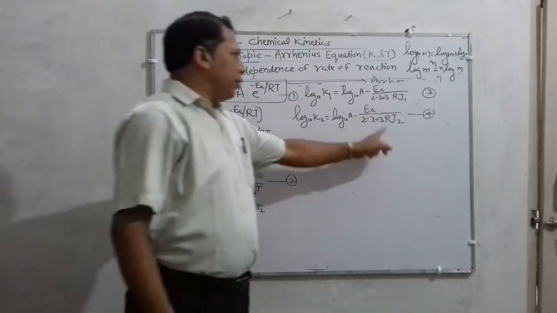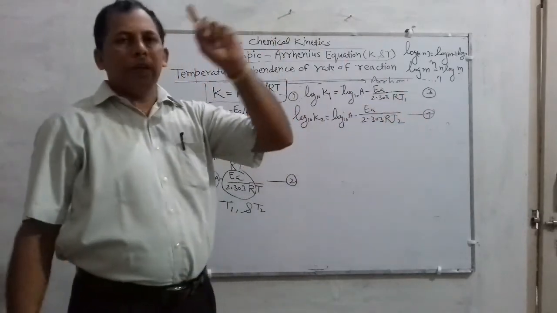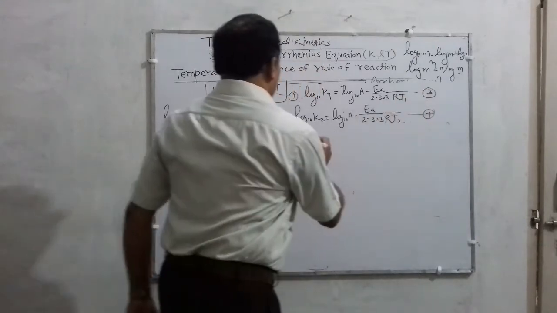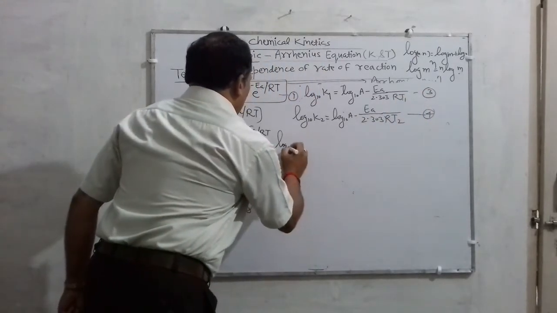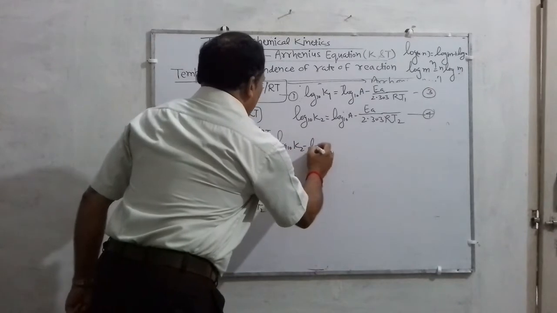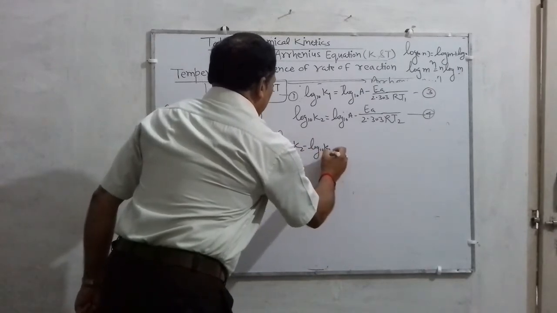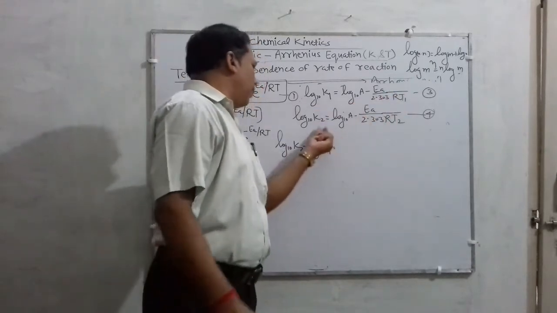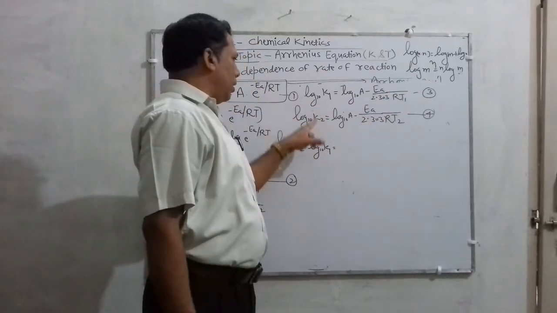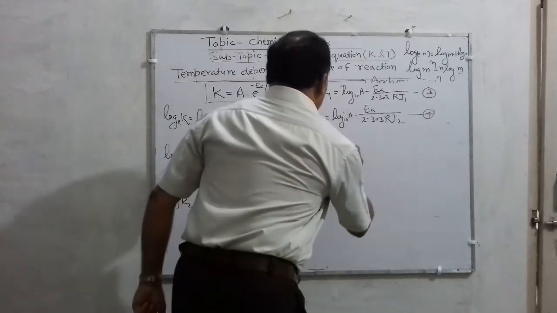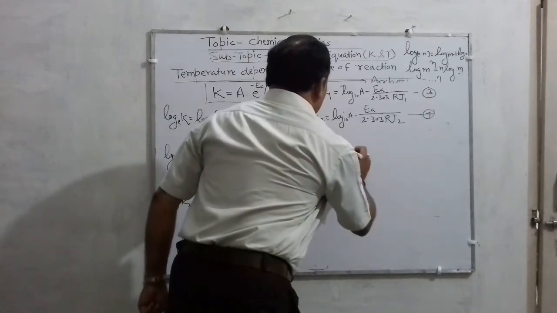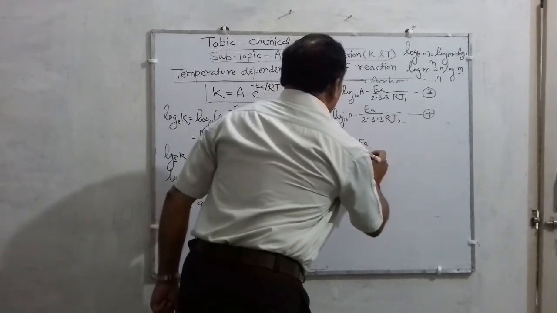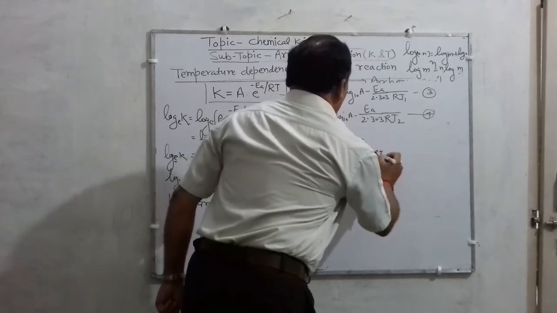So subtracting equation 3 from 4, you will get log 10 K2 minus log 10 K1. Am I right? Subtracting 3 from 4, this will be log 10 K2 minus log 10 K1 is equal to log 10 A minus E_a upon 2.303 RT2